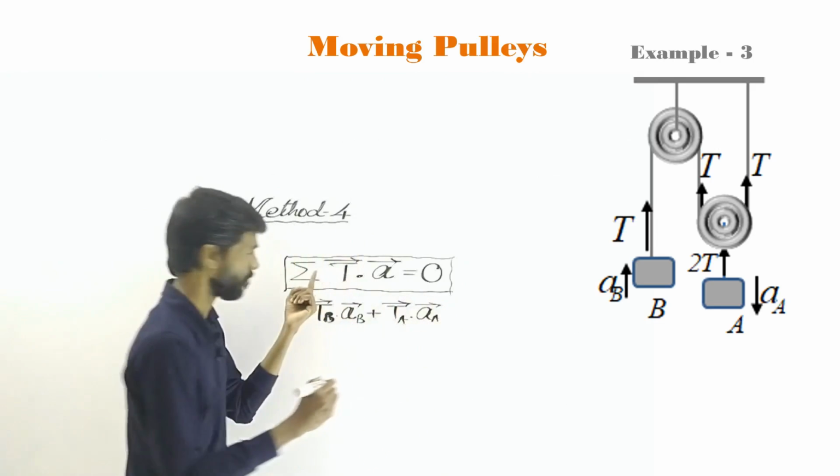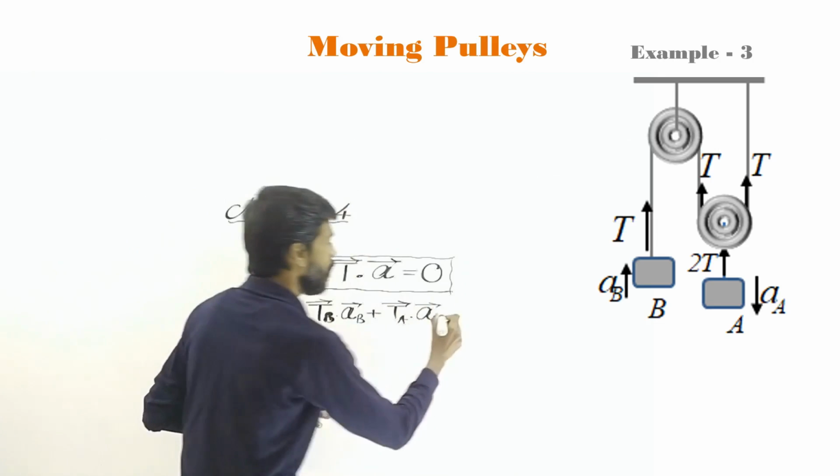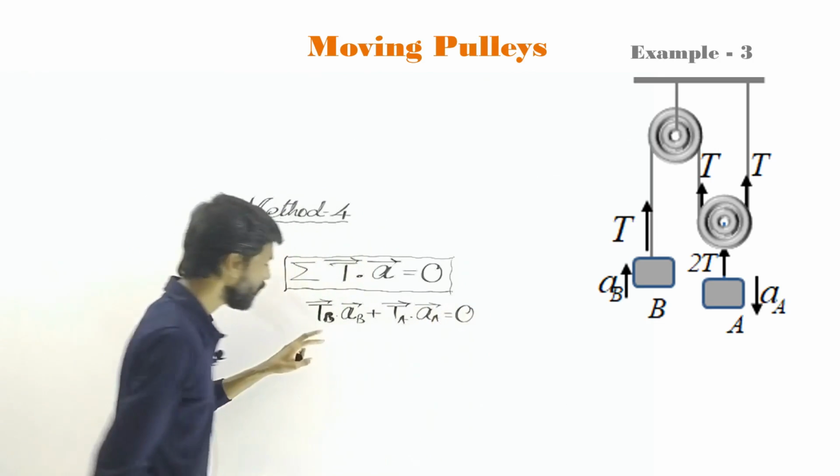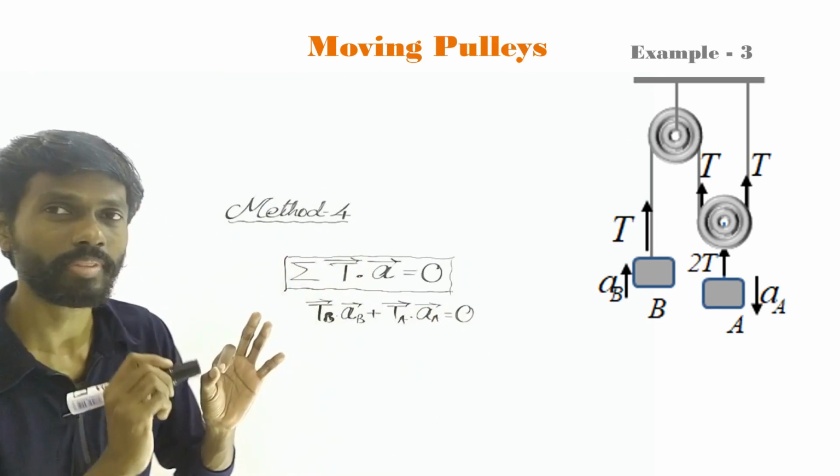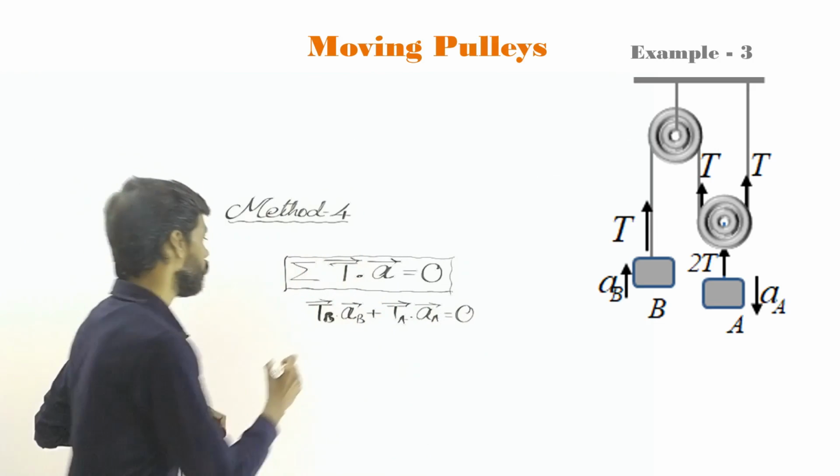That is the meaning of this summation, right? Summation means what? You have to add all the similar values. So this equals 0. What is the tension on the block B? That is T. That is the tension on the string. So that is T. So T